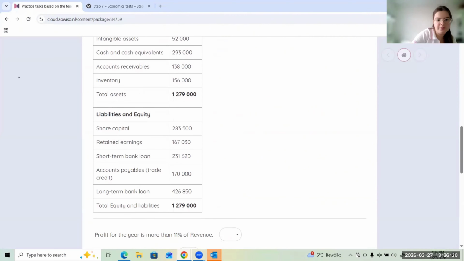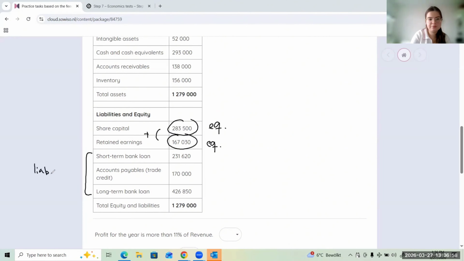And here what you have to keep in mind is, of course, this is obviously equity, for sure. But what is also equity is retained earnings of the company, because when a company makes money, pays everything that it has to pay, and then keeps the money within the company, it is the company's equity. It's internal equity. It's what the company makes. So both of these will be counted towards equity. And this would be liabilities. Once you know that,